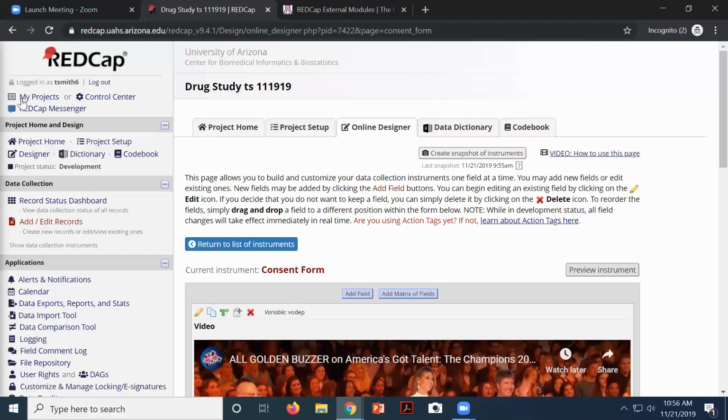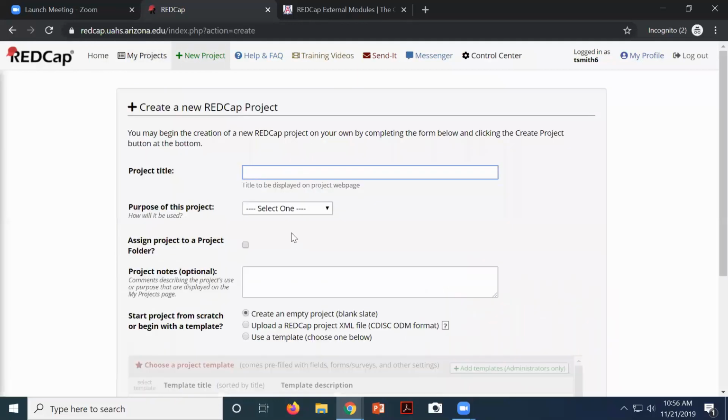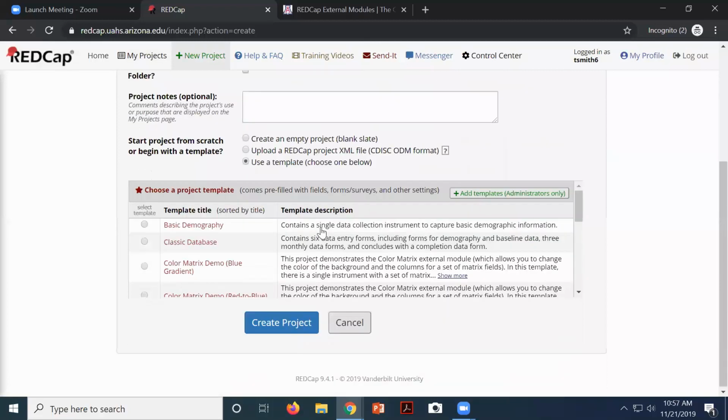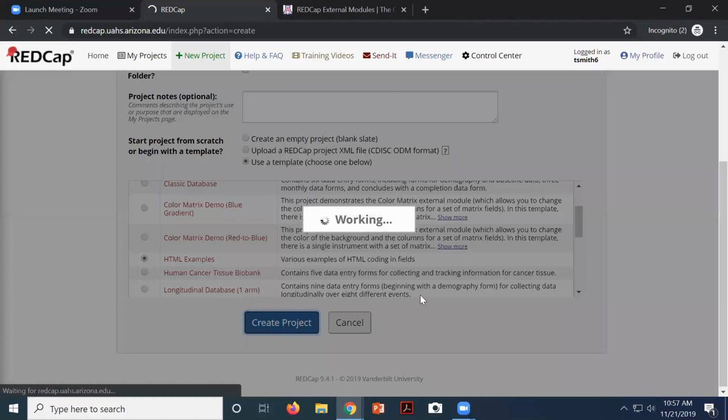So if we go back to my projects, if we go to that area, my projects or the home page, and if you look at the new projects and you create a project. I'll just call it test HTML, and we'll say that it is practice. But this time we're going to grab a template, okay? And there's a template here that is called HTML examples. So if I click on that and create the project,